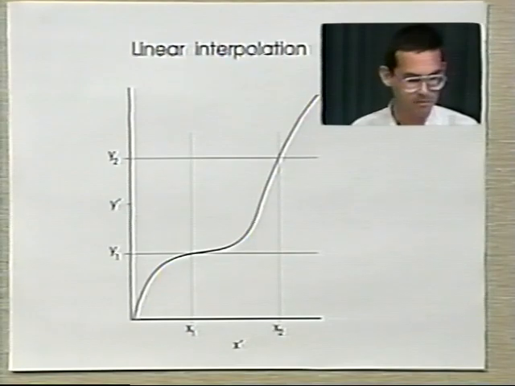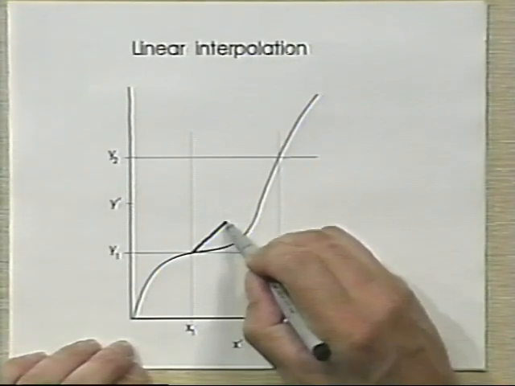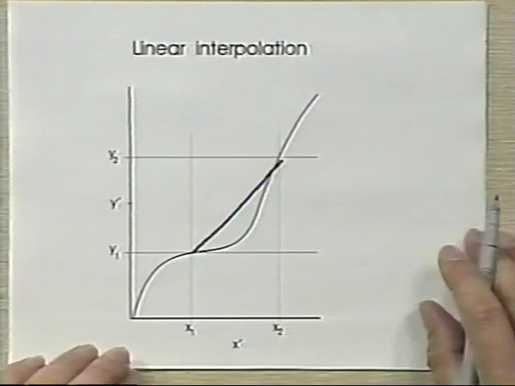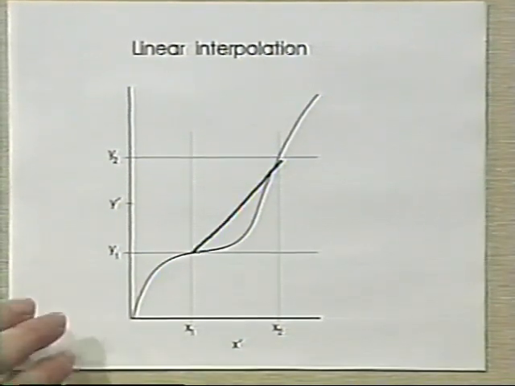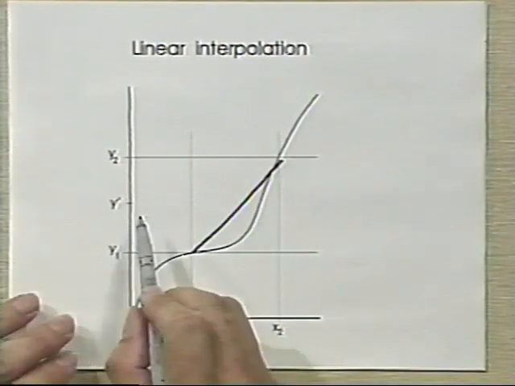The way we do this is by approximating the function between the two known values, x1 and x2, by a straight line. I'll put a straight line in here, for example. That's supposed to be straight. And then by approximating that as a straight line, we can